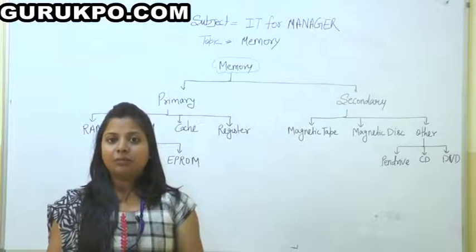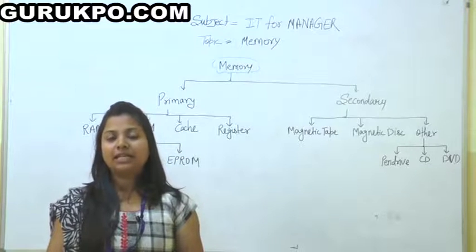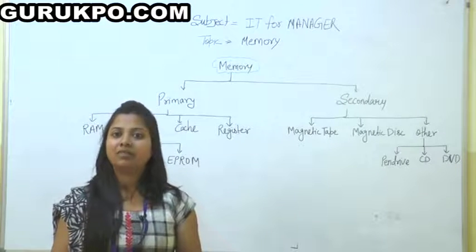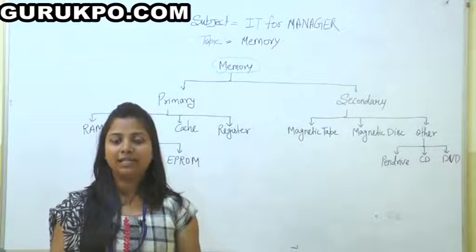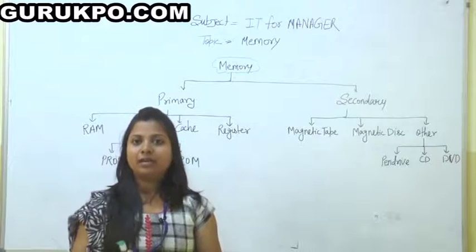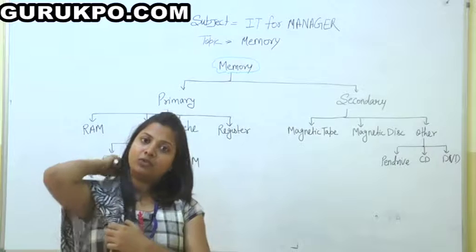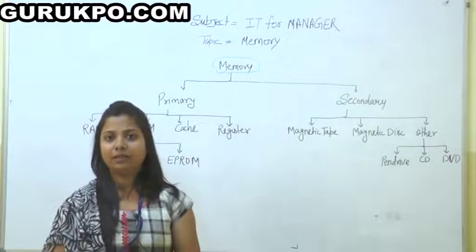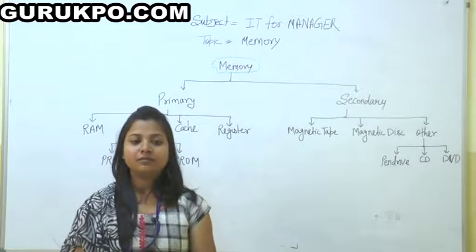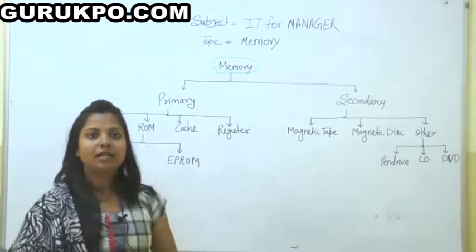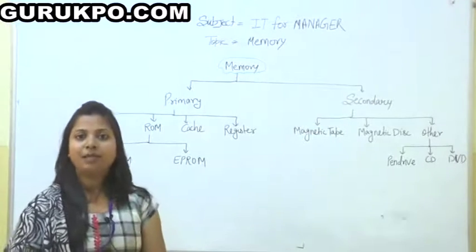The running programs are not initialized in this memory, so it is a volatile memory, because after the computer is shut down, it will be erased, it will be deleted permanently. So ROM and RAM have a basic major difference, that ROM will store data permanently and RAM will store data on a temporary basis.